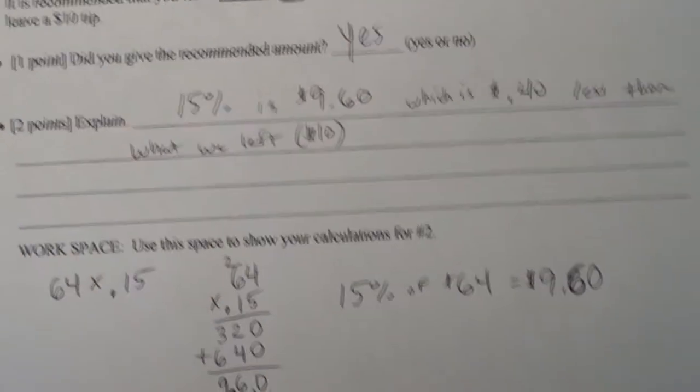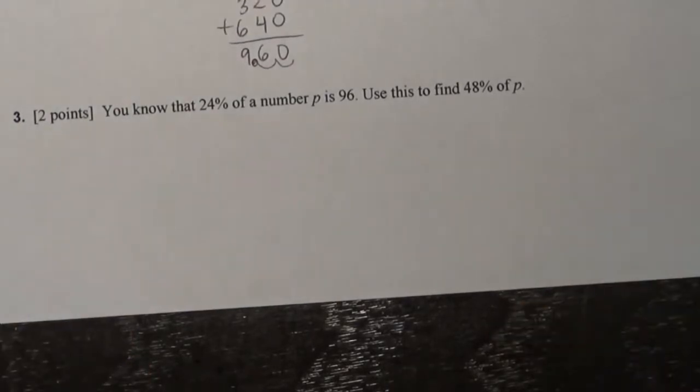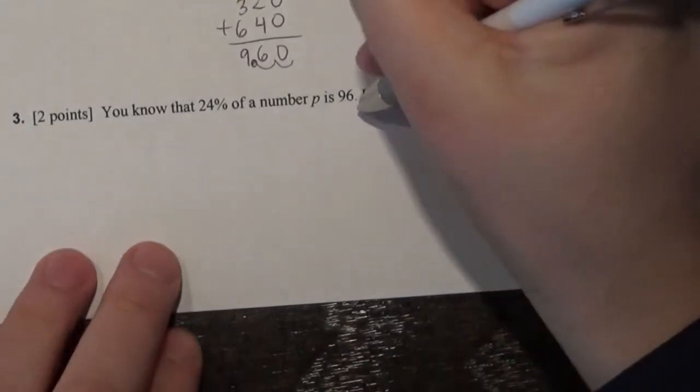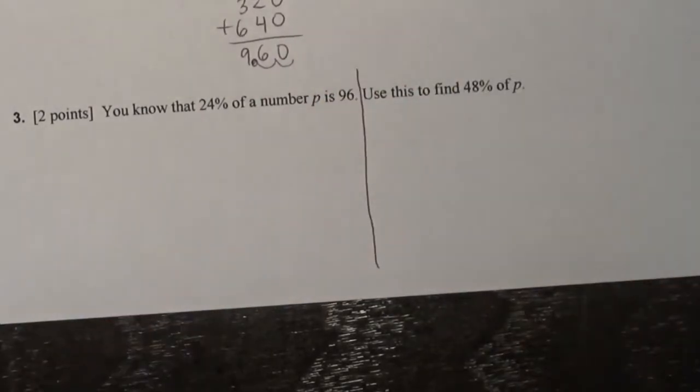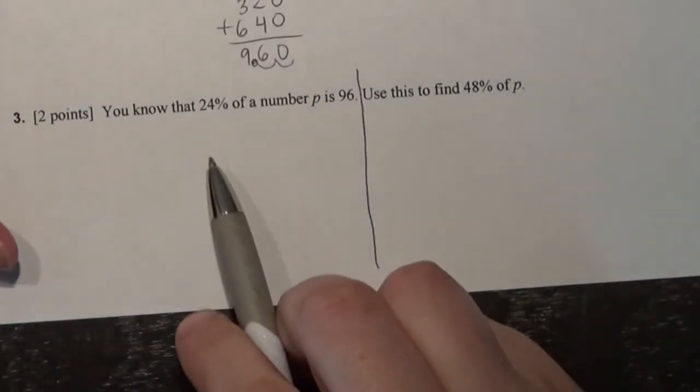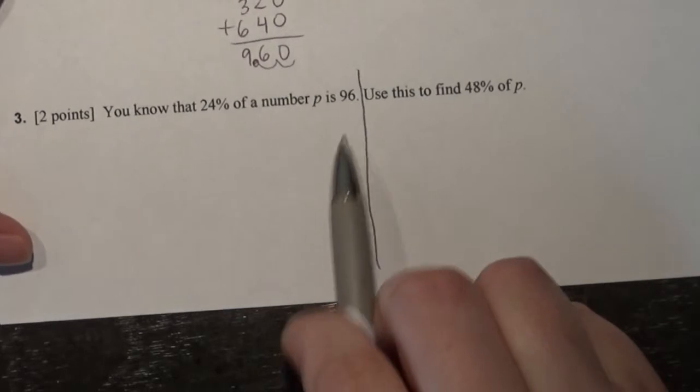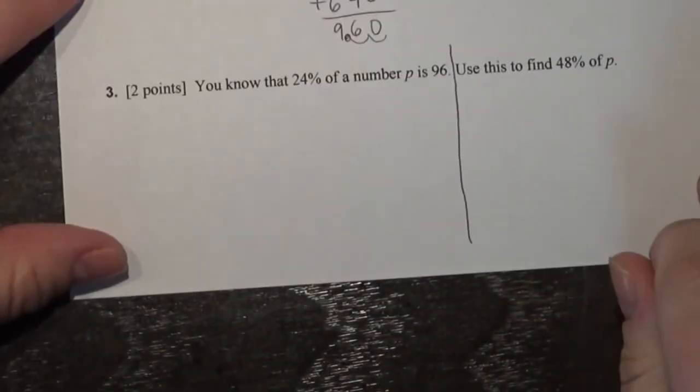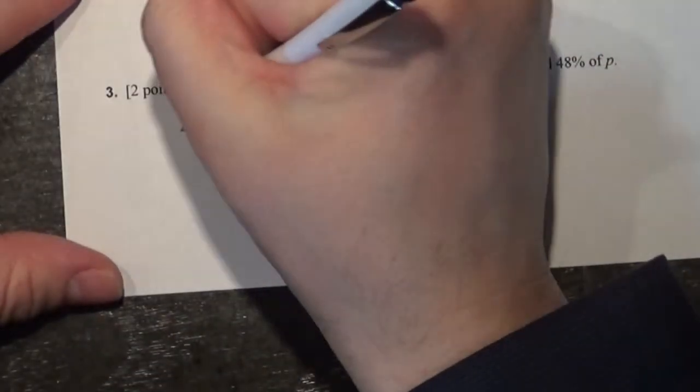All right, moving on to number 3. Number 3 says you know that 24% of a number p is 96, so use this to find 48% of p. There's really 2 parts here to this question. I'm going to divide it right there in the middle. So if I have 24% of a number p is 96, I can write this out. I'm going to say 24%